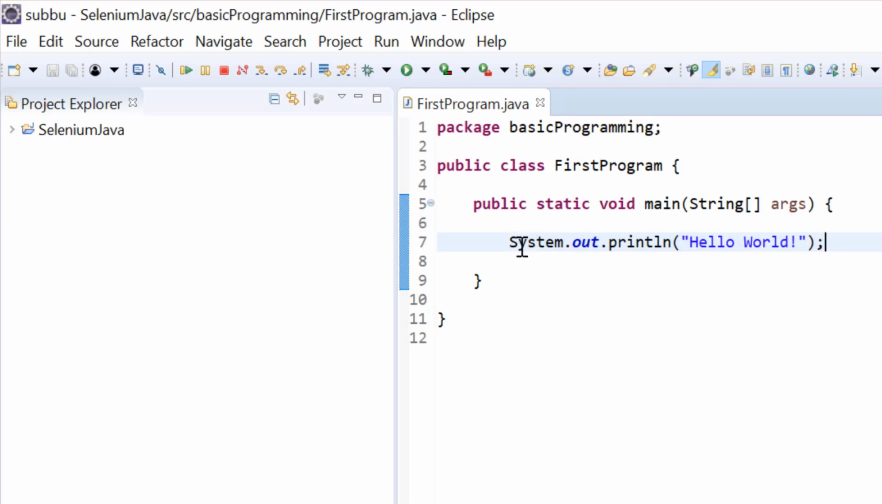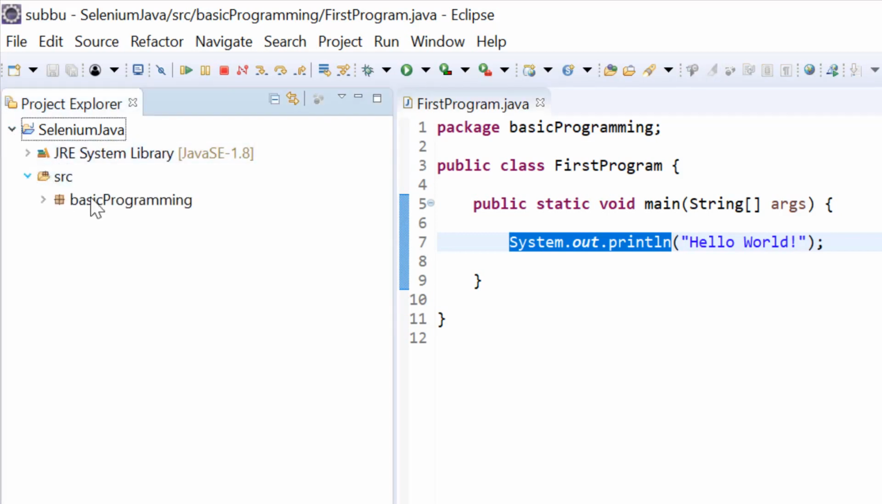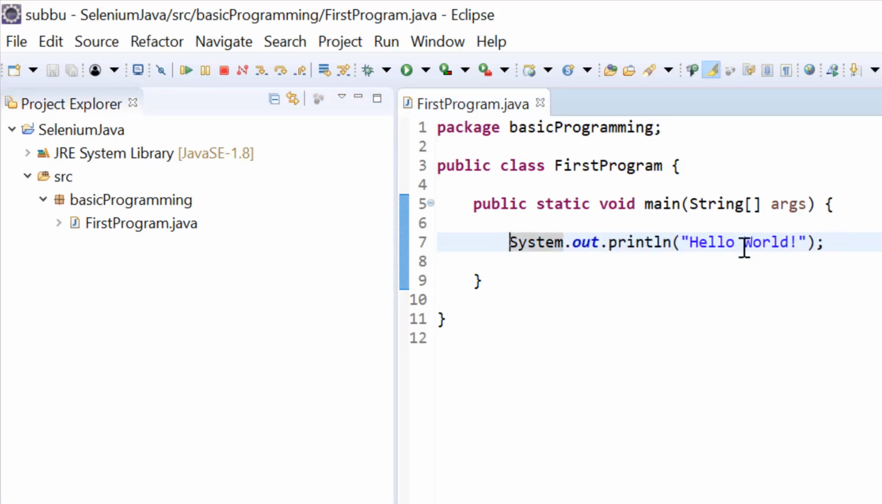What we are doing is just printing something to the console here. We have written System.out.println. This is the one that we use every time we want to print something to the console. So we want to print hello world to the console. Here, this is the package that we created earlier, basic programming, and we created a class which is FirstProgram.java. This is the class here, and we have also opted to use the public static void main method, and we have written a statement System.out.println hello world,